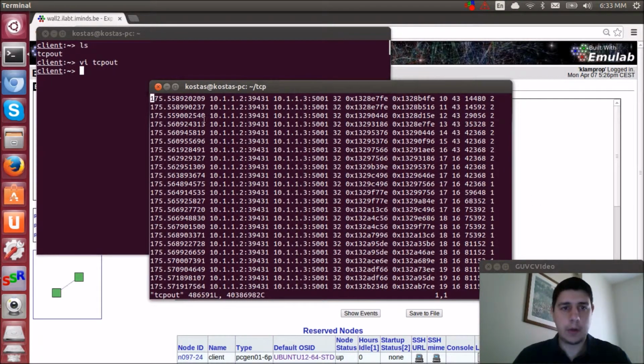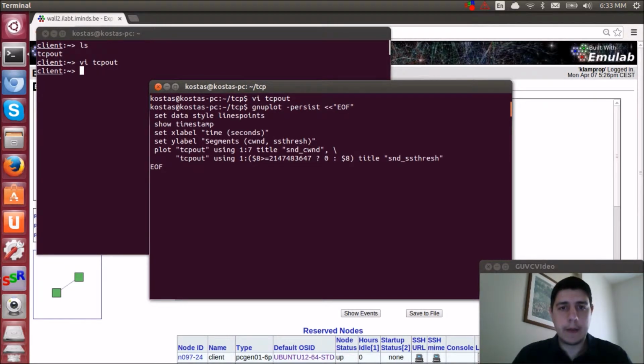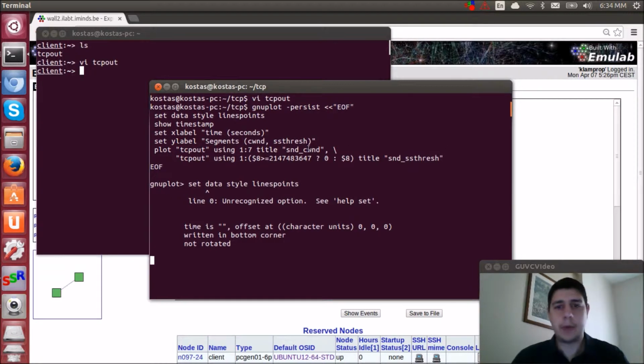What I want to represent here is columns 7 and 8, these two, which represent the congestion window and slow start threshold parameters. So this is the command that I'm going to execute right now. As you can see, it's column 7 for the congestion window and 8 for the slow start threshold. So if I press enter here,